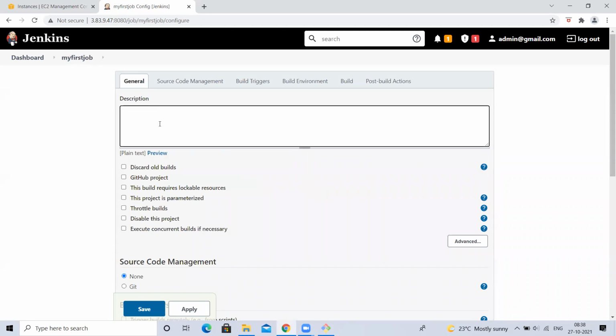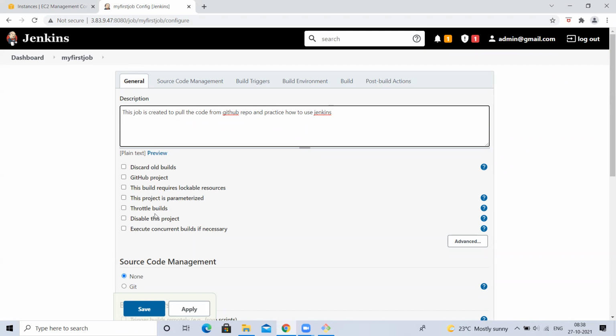I'm giving the description: this job is created to pull the code from a GitHub repo, and for practice. Like this, you write some description of why you are creating this job.